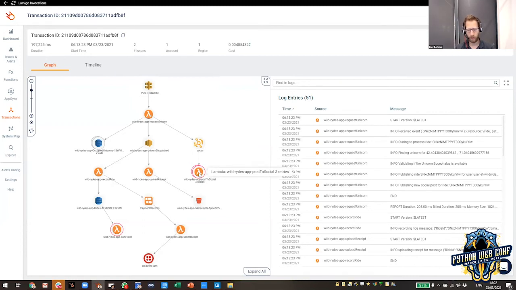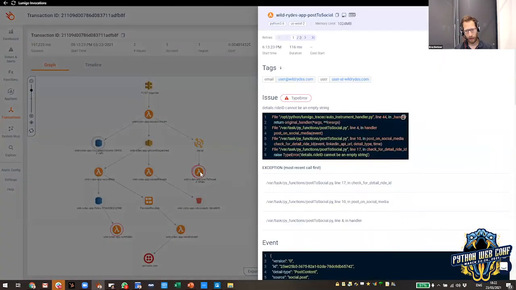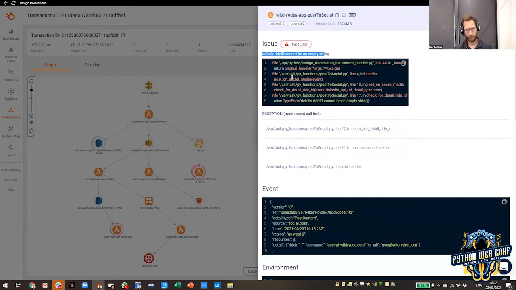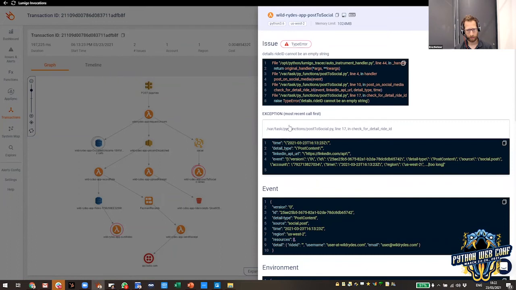And this is where you need to have the additional debugging information we talked about. So in order to understand that, in our system, you can just click and get a lot of debugging information about that specific transaction failure. So it took 116 milliseconds in this region. There are different tags that we generate automatically, but the essence here is this is a stack trace. This is a problem. Details: write ID cannot be an empty string. So that's a failure. It's a very detailed definition of a failure. You can see the stack trace and the parameters of the stack trace.